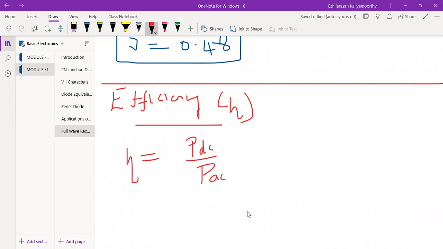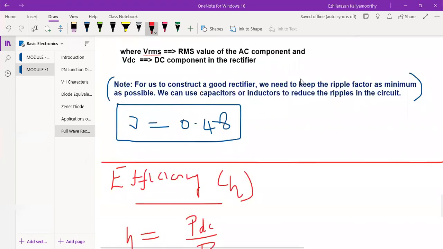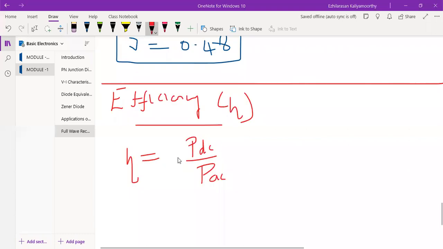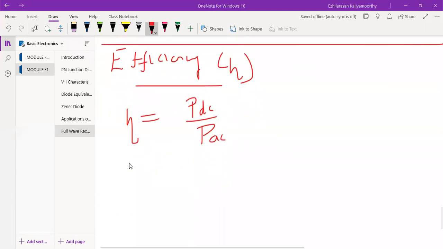Substitute the respective terms, PDC, IDC, just as you did for the half wave rectifier. It will be very easy because I gave all the formulas in the half wave rectifier. Just take them from there and do it. So we get the efficiency for the full wave rectifier as